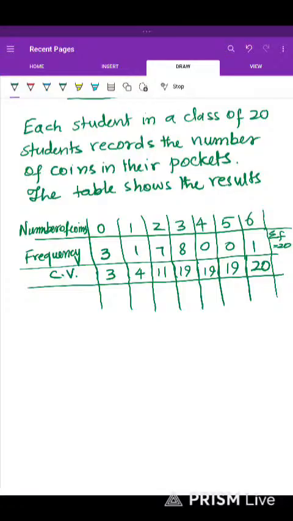So what else can we do? We can multiply frequency with these values, which are called x. Number of coins is represented by x, frequency is represented by f, and all frequency values when added make 20, right? So next is,